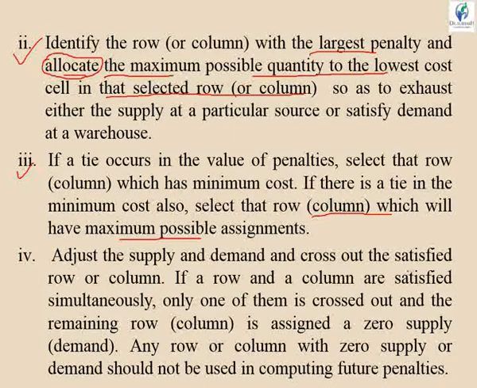Fourth step, adjust the supply and demand and cross out the satisfied row or column. So whichever row or column is exhausted or satisfied, you need to delete it or cross it out. If a row and column are satisfied simultaneously, only one of them is crossed out and the remaining row is assigned zero supply. Any row or column with zero supply or demand should not be used